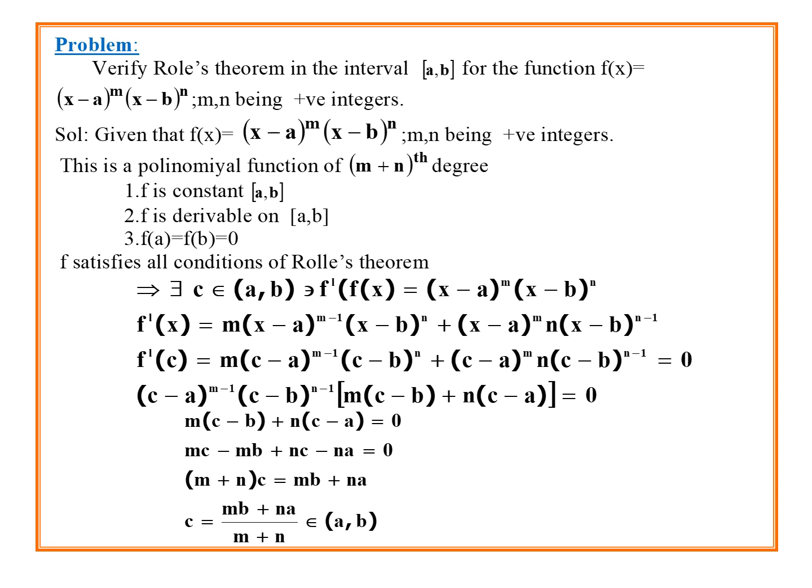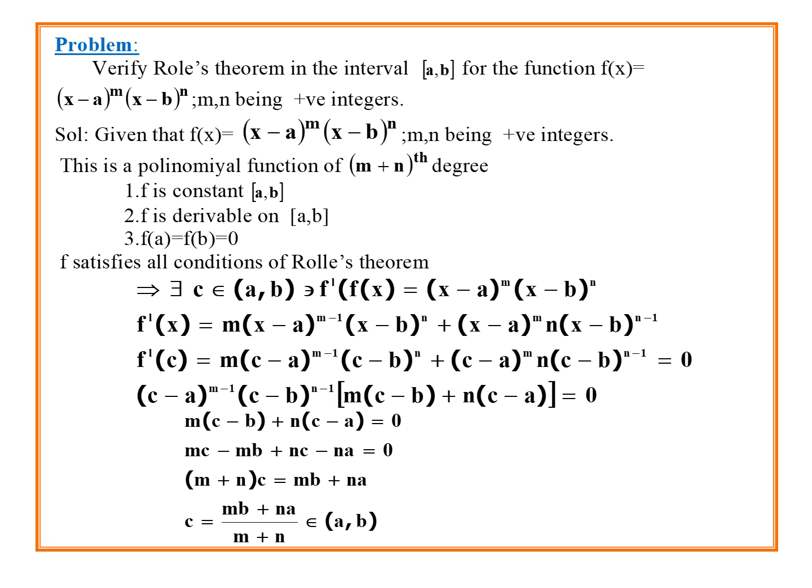From both terms, take m plus n outside: (m plus n) into c is equal to the remaining terms. Minus mb taking to the RHS, minus becomes plus, then we get mb plus na. So we want c, the constant c value. For that, taking m plus n to the RHS, we get c is equal to (mb plus na) by (m plus n), which belongs to